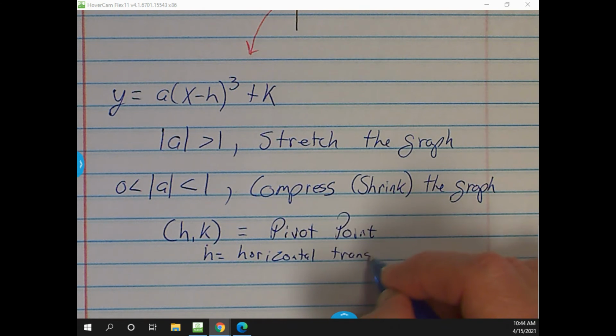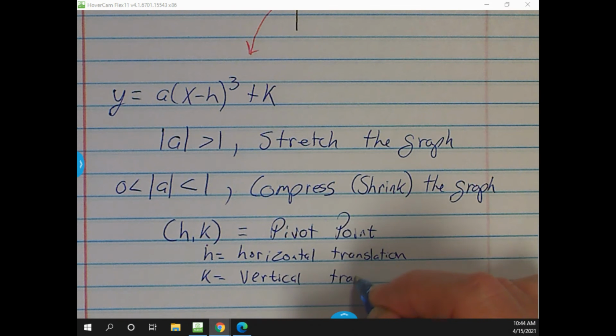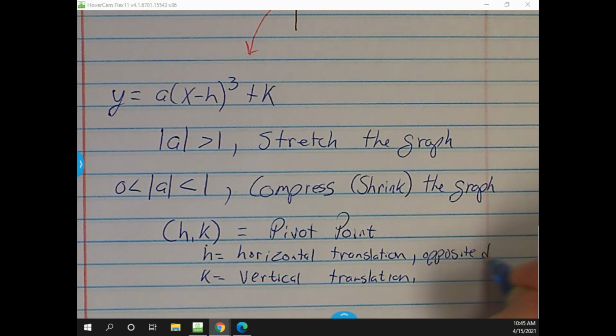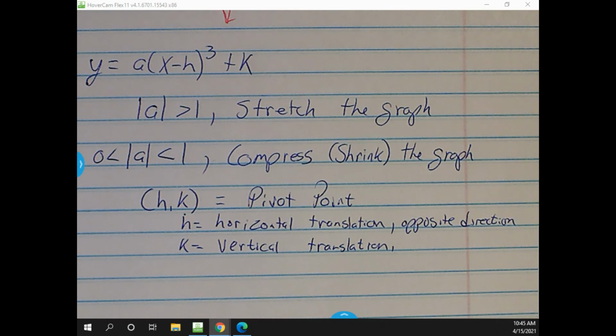So it's going to be a horizontal translation, and then K is your vertical translation. So same thing we've been doing, no difference on that one. Again, the H will always be in the opposite direction. Okay, so nothing different on those when we go through everything. The one other thing that they do with this one,